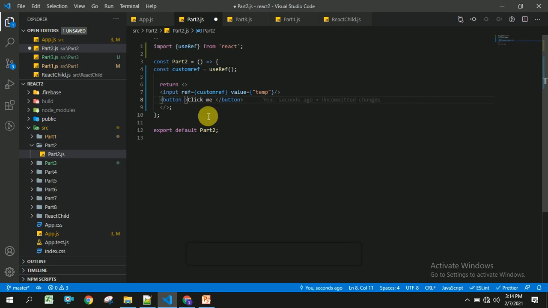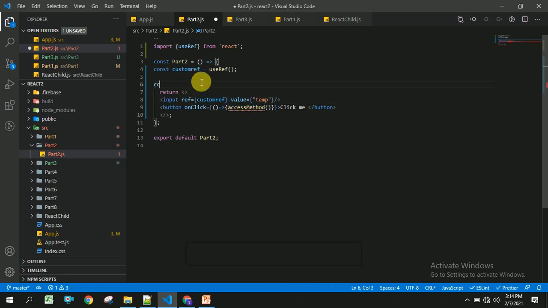So I am going to use onClick with an arrow function to call a method. I am taking the method name as accessMethod, and I am creating this method here.